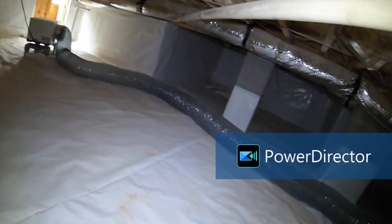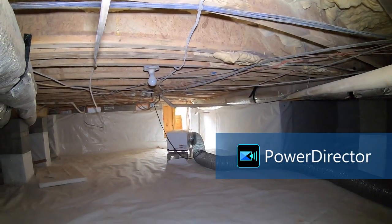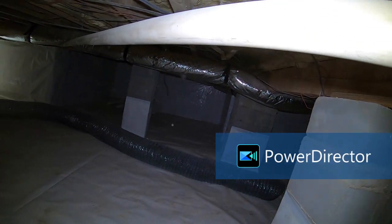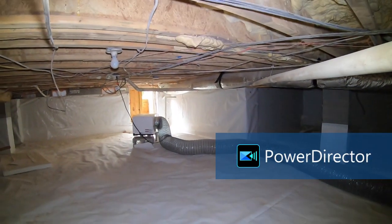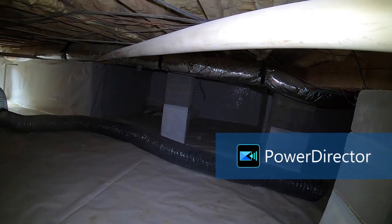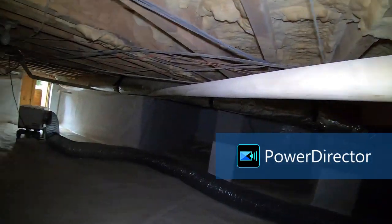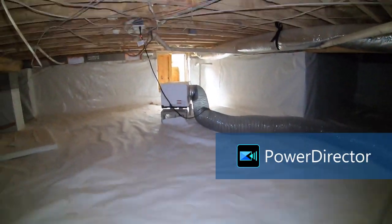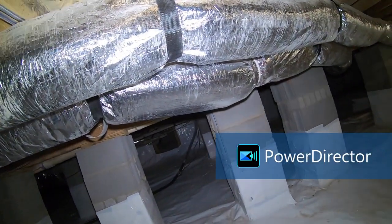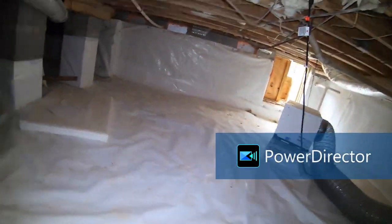Another thing too, these duct kits. A dehumidifier doesn't move air very well to begin with without the duct kit. And so to put a duct kit on the exhaust to move the exhaust a little further down into the crawl space just hampers the functionality of the dehumidifier. And really, there's no need for all these dehumidifiers down here. It's completely unnecessary to have all this firepower. All you need is one dehumidifier,